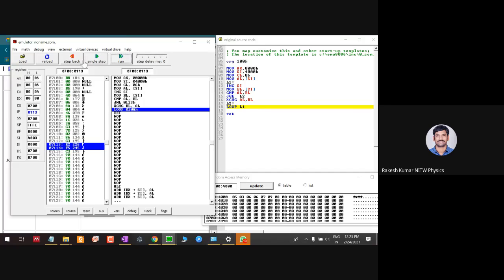Is that fine? Yes, sir. But if JGE is not there, it will execute the exchange instruction, but it doesn't make any sense. Both ways it is fine. Is that fine, all of you? Yes, sir. Right. So this is how you are supposed to find the largest number in a group of numbers